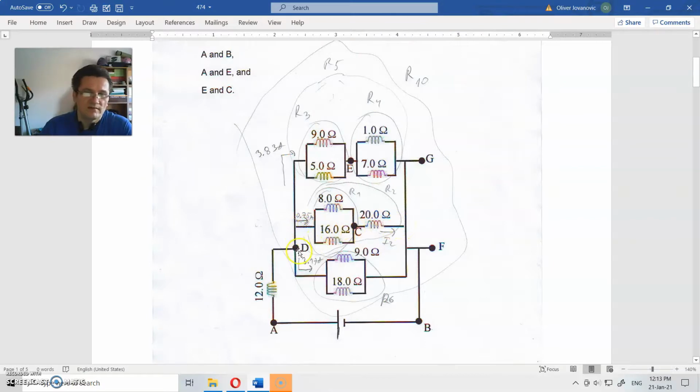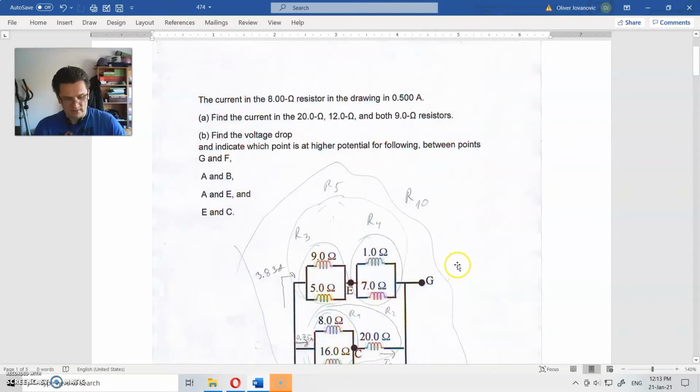So voltage between this point and this point is 19 volts. Same thing, voltage between this point and this point is also 19 volts. Why? Because they are in direct connection. But also, as you can see, this is a direct connection. So voltage between this and this point is exactly the same as voltage between this point and this point, because they are all at the same voltage here. So from here you could do it yourself, or for an extensive and long